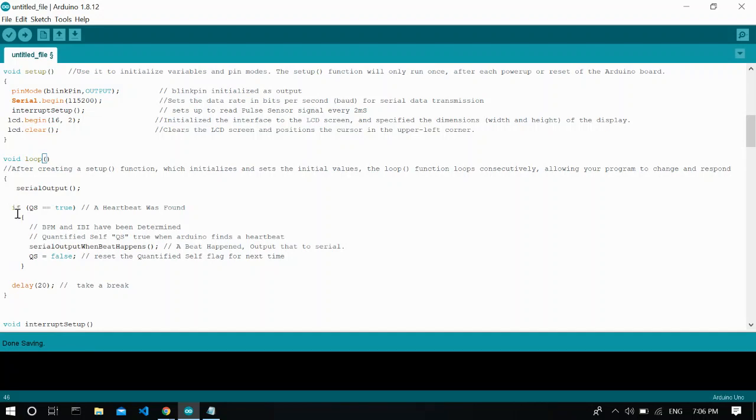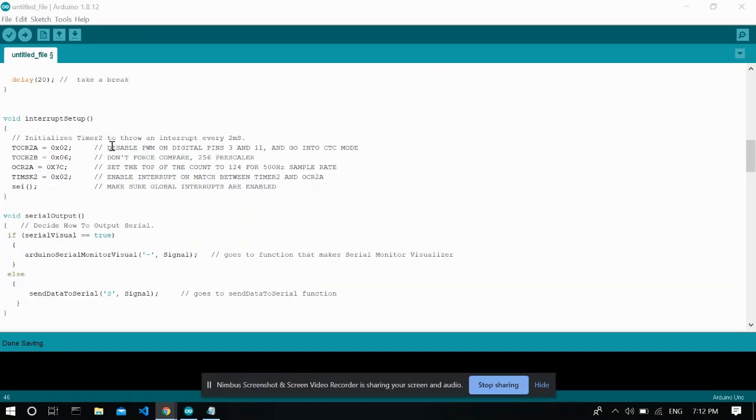And then there is an if condition statement, that is QS equals true. We have discussed earlier that QS is true when a heartbeat is found. If it is true, then the serial output when beat happens function is called, which I'll explain later. And QS is reset to false, and a break of 20 milliseconds is given between each loop.